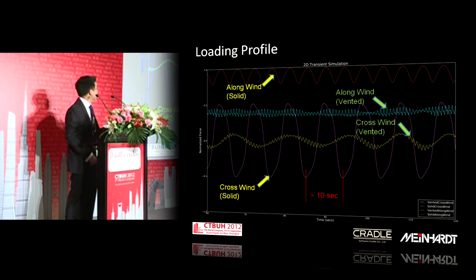The other thing that was interesting was looking at the reduction in the crosswind response from the solid case to the vented case, the purple line versus this yellow line. So actually we're able to bring down that crosswind response pretty significantly by this mid-high area. So it's nice that it was built into the building already, but we'll be able to do something after the fact to see what it would have been.